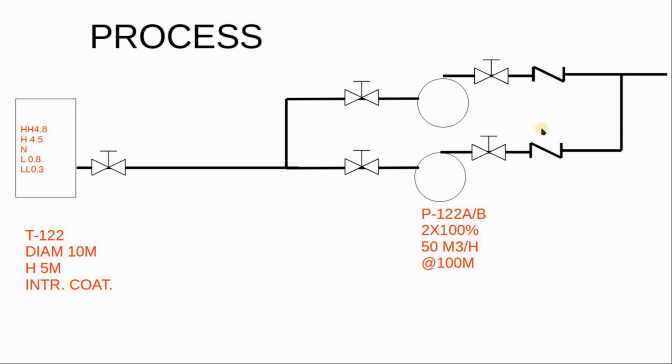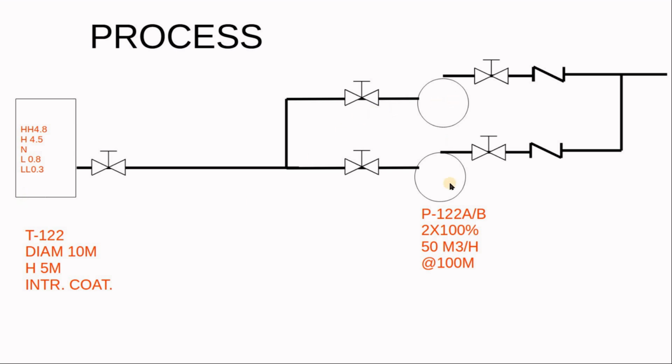Let's go back to our process engineer and ask him to include more details. So the tank here, T122, the process engineer will give us the dimension, diameter 10 meter, height 5 meter, and sometimes they add a specific requirement for the tank. This is potable water, so it needs to be coated, or sulfuric acid, so need to do, let's say, a